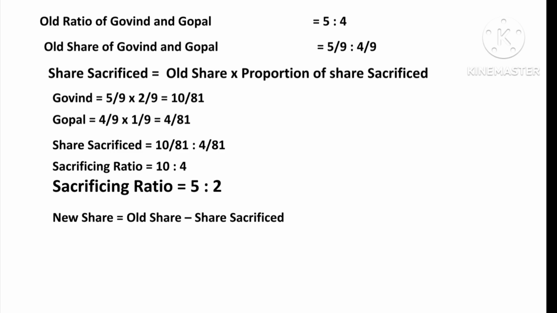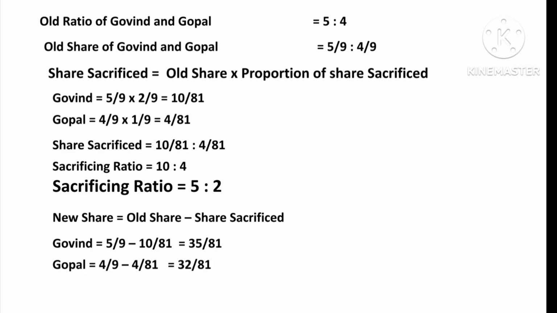Next we are going to find the new profit sharing ratio, which is old share minus the share sacrificed. So first for Govind. The old share of Govind is 5/9 minus the share sacrificed. When we write, we go to the fraction part. Please do not take the ratio. So the fraction is 10/81. So when we take the LCM and subtract, we get 35/81, which is the new profit sharing ratio of the partner. Then we do for Gopal. Gopal's old share is 4/9 minus his share sacrificed, which is 4/81. So the new profit sharing ratio is 32/81 for